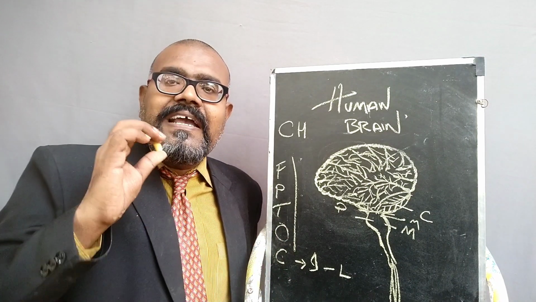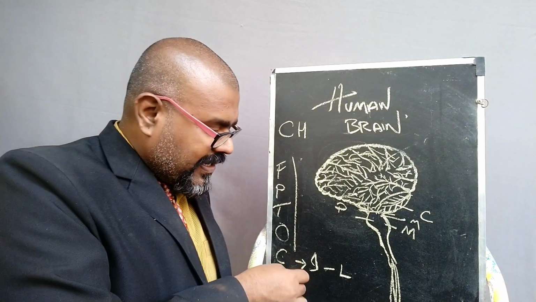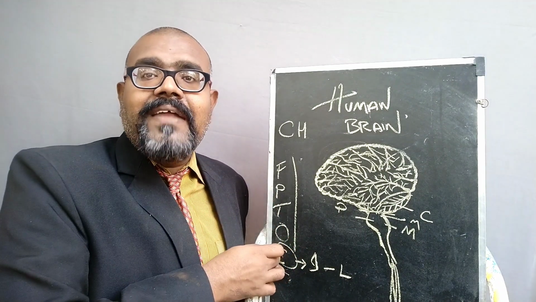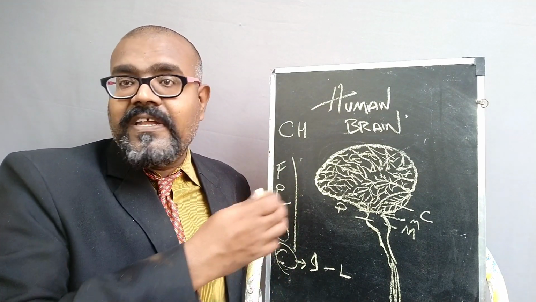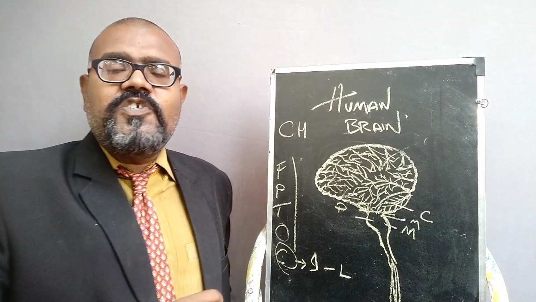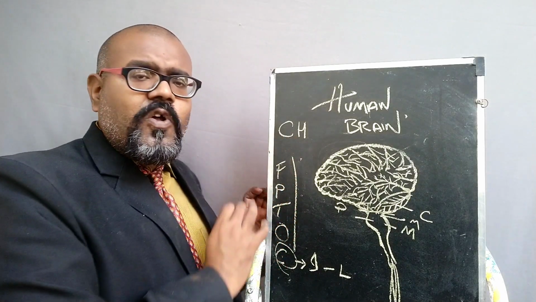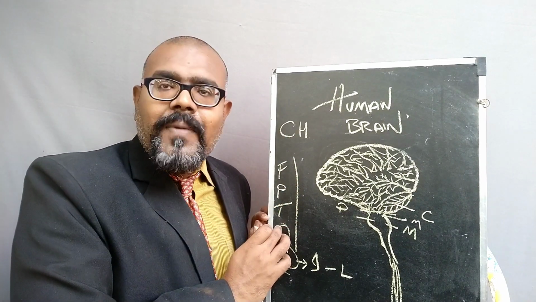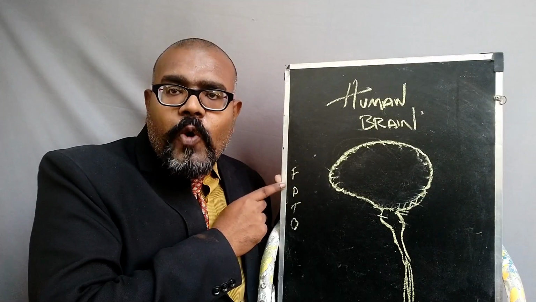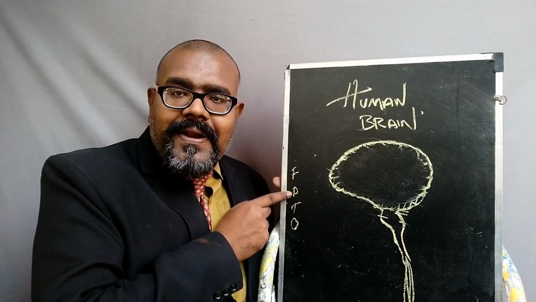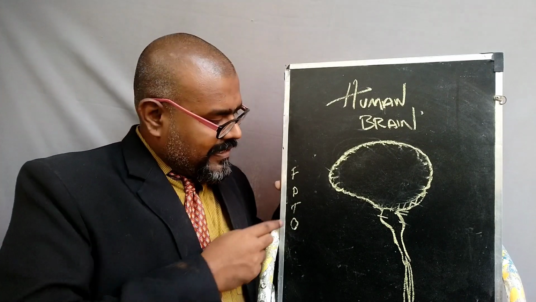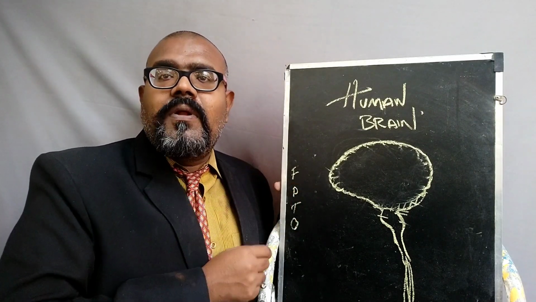Some of the gyrus regions are present in this particular central lobe, and they play a vital role in some of the different functions of the brain that we saw. So these are all the lobes present in the human brain. The main lobes of the human brain are the frontal, parietal, temporal and occipital. Where are they present in the human brain?